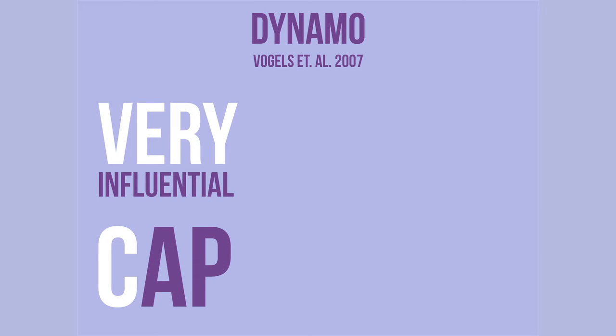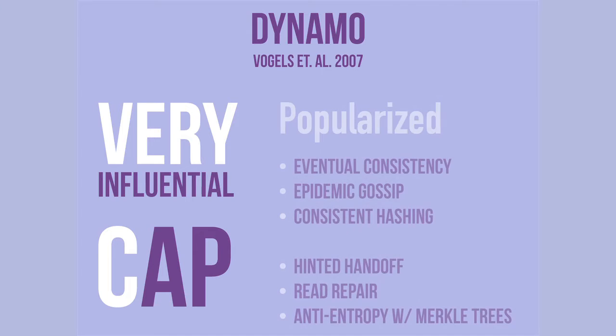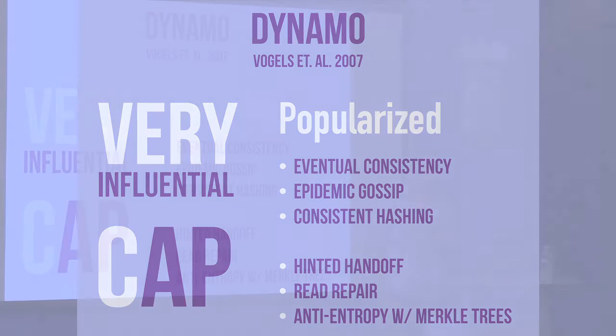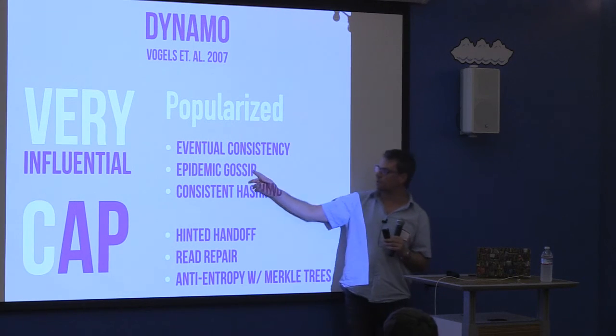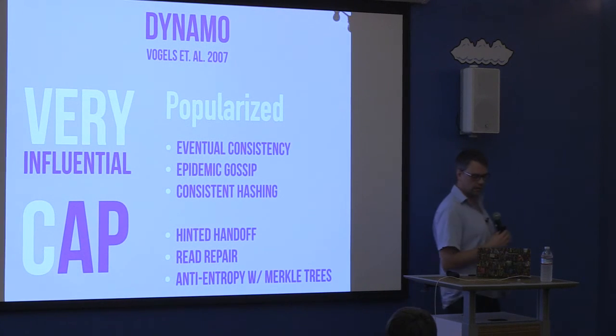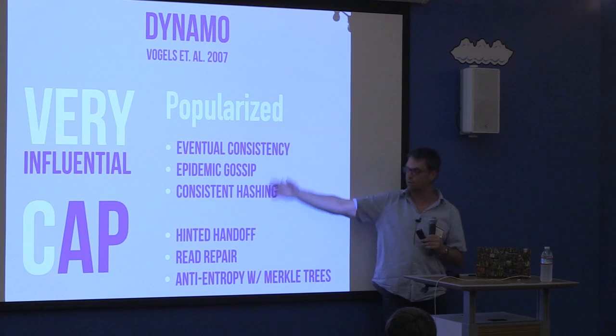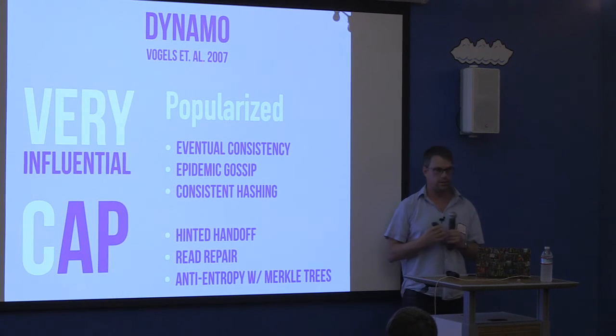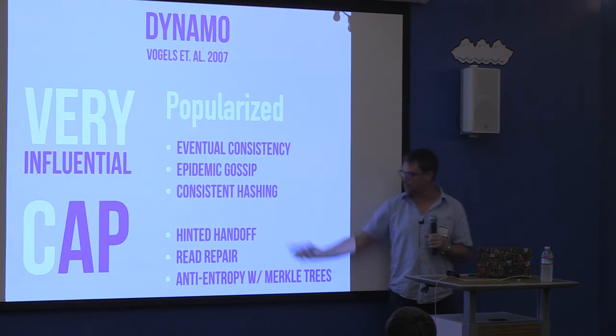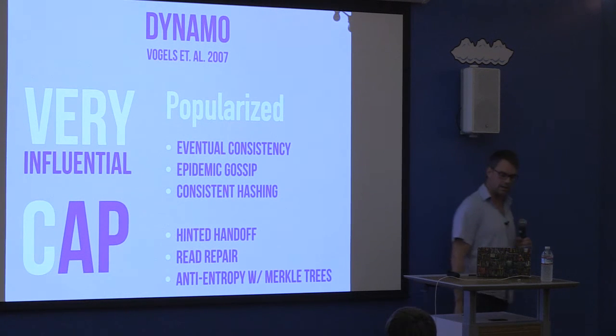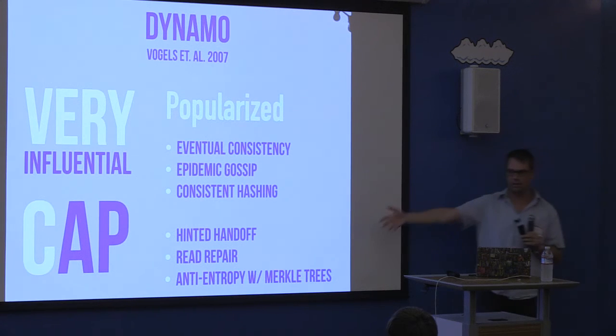And one of the most important papers for this was the Dynamo paper. It was extremely influential, and it popularized mainly the first three things here. It popularized eventual consistency. It really set off this trend of NoSQL databases that are eventually consistent. And it also popularized epidemic gossip and consistent hashing, both of which we will look into later, and that Akka has adopted. Some other interesting strategies like hinted handoff, for example, sending data